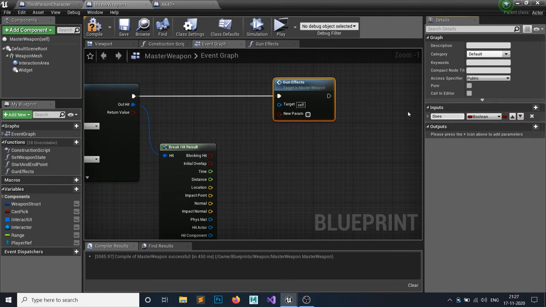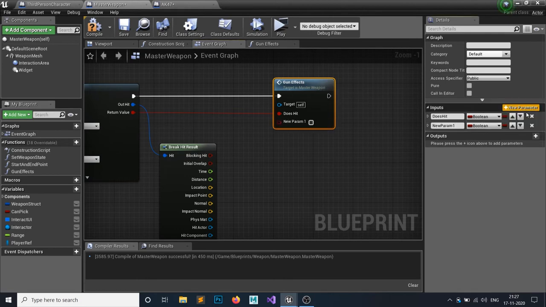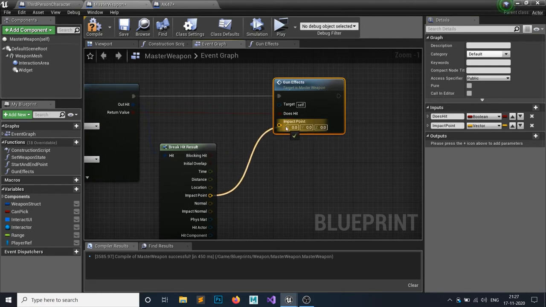So does hit, because if it doesn't hit, then this would go to this return value or this return value, both are the same. Okay, so this one is does hit. The second one is the impact point. Whatever the hit point is, it will go to your impact point, and this would be this guy, the impact point.